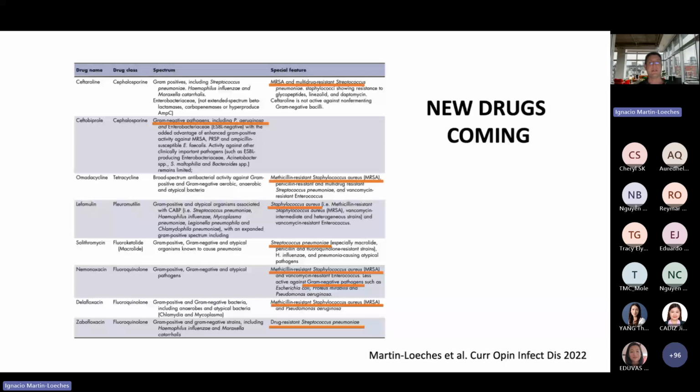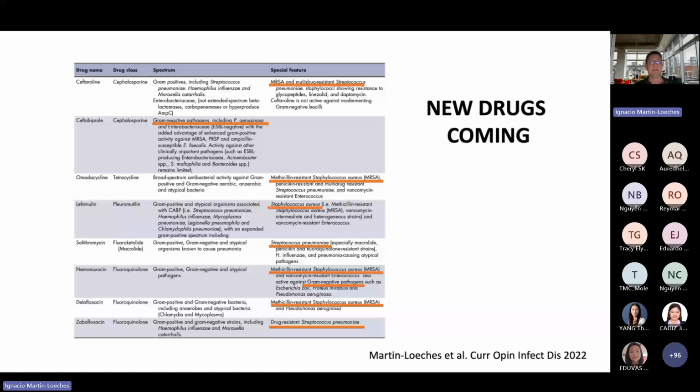And there are others for which some studies show a benefit, but probably they don't include many patients admitted to the ICU, as we have seen in some papers published with macrolides, like solithromycin, or even the new quinolones, including lefamulin, that has had some papers coming out in very important journals like the New England Journal of Medicine.